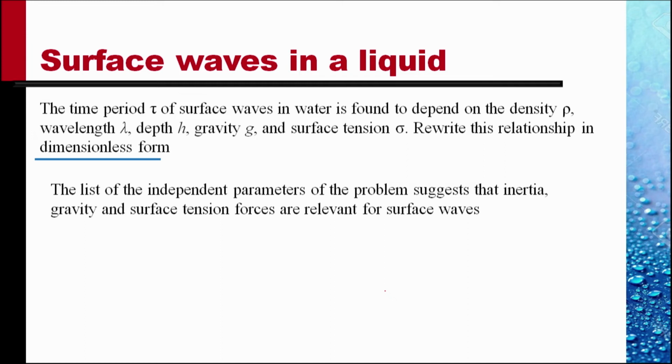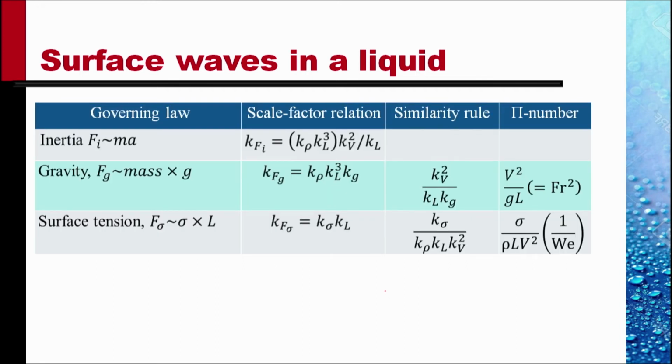The list of independent parameters of the problem suggests that inertia, gravity, and surface tension forces are relevant for surface waves. Inertia must be there because density is important, gravity because g is important, surface tension because sigma is relevant. And we convert these forces into pi numbers. 3 forces, so we get 2 pi numbers as the ratios. Using the same process that we followed earlier,